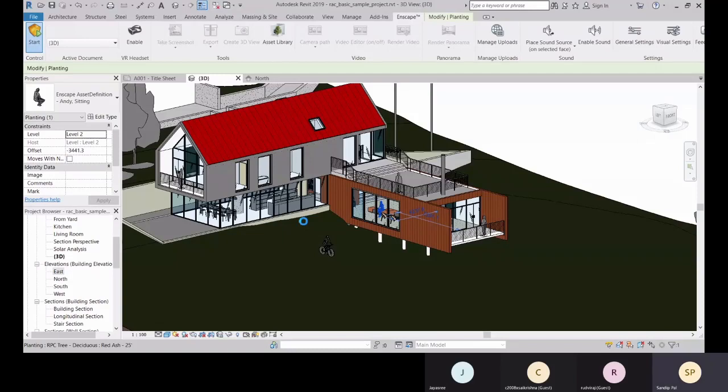It will direct you to Enscape, and after that you get a real-time rendering of this with the proper materials. If all the materials are placed on all these objects, then you get those material effects with proper lights and shadows.